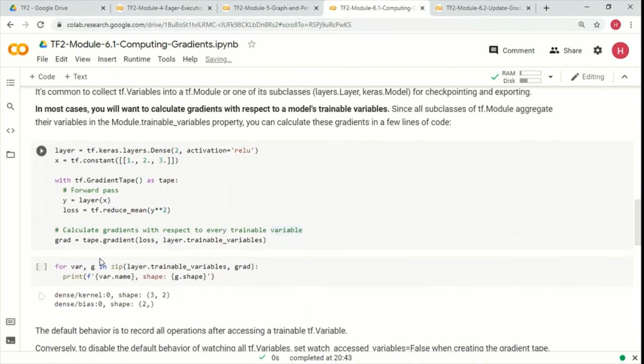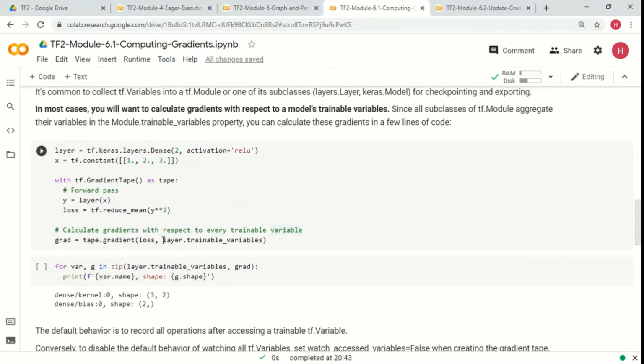Now earlier we also saw that the layers are used for collecting all the trainable variables. In this particular case, we are going to use a layer and a gradient tape, and use this layer to calculate the outputs from the model, and then calculate the loss and the gradients.